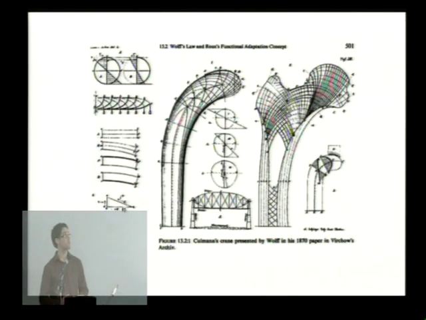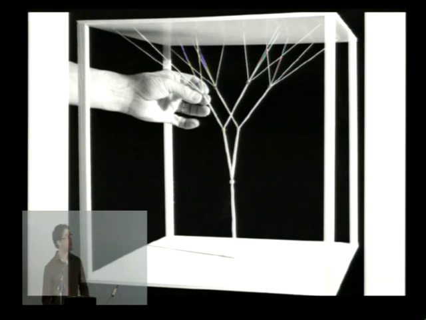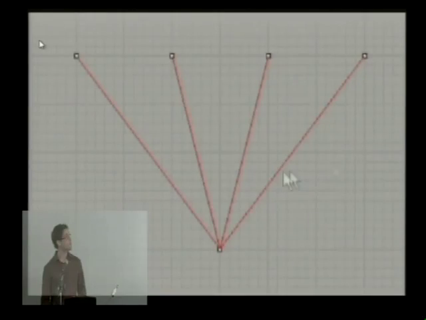And this has been an image that I keep coming back to. I've always been fascinated. It's just showing how on the right you've got the bone, and it forms perfectly along the stress lines of the structure. And this was an engineer using that as a design for a crane. But I really am interested in using this kind of emergent quality of physical simulation. This is some other interesting analog form-finding experiments.